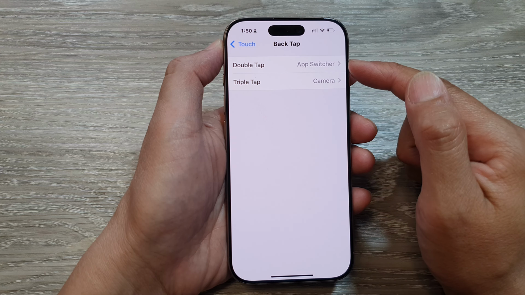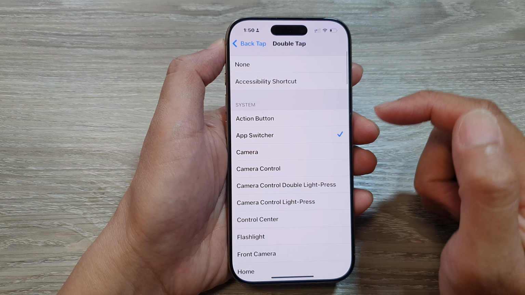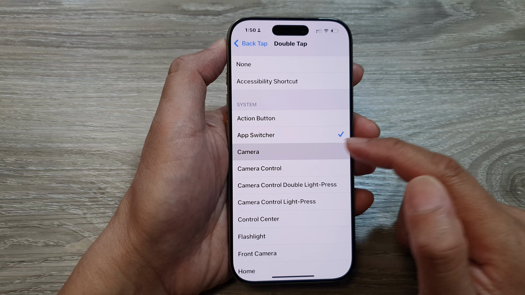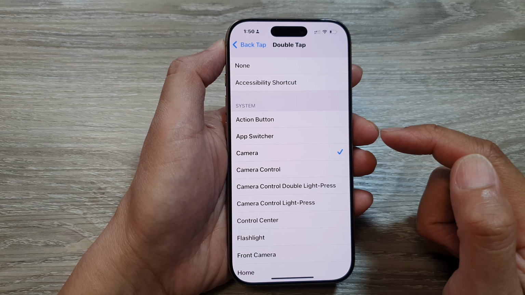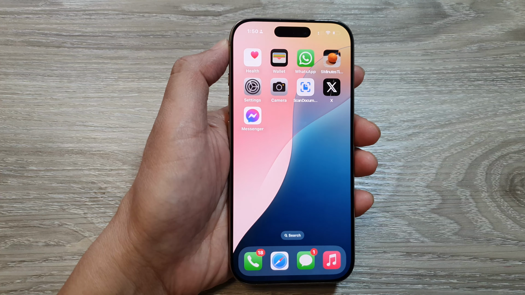From here, you can choose double tap or triple tap. And then in the System section, tap on Camera. And that's it. After, you can tap on the back key or swipe up to return back to the home